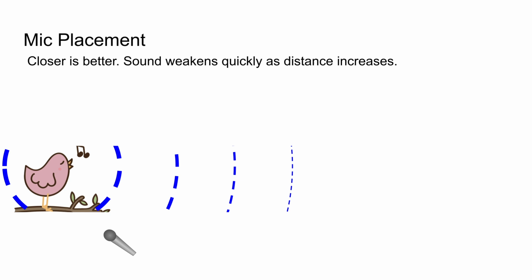So you can see that the sound falls off very quickly as the distance changes. A small change in distance is a large reduction in the amount of sound energy reaching the microphone. Knowing the math is sometimes helpful, but if the only thing you can remember from this is the following, then remember the following. Closer is better. When you're placing a microphone, closer is better.